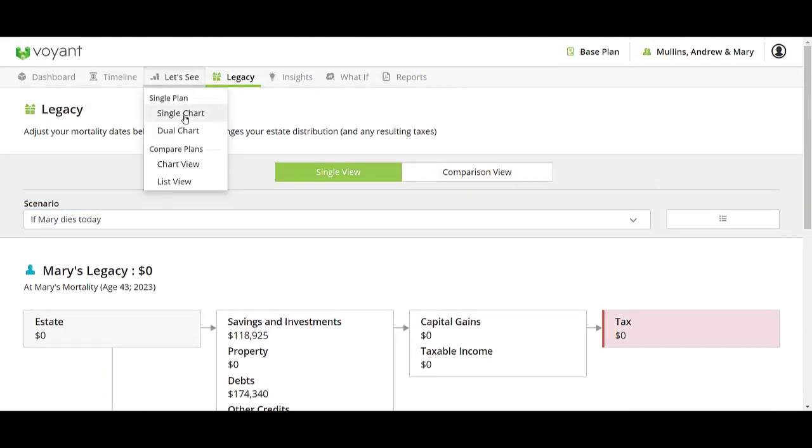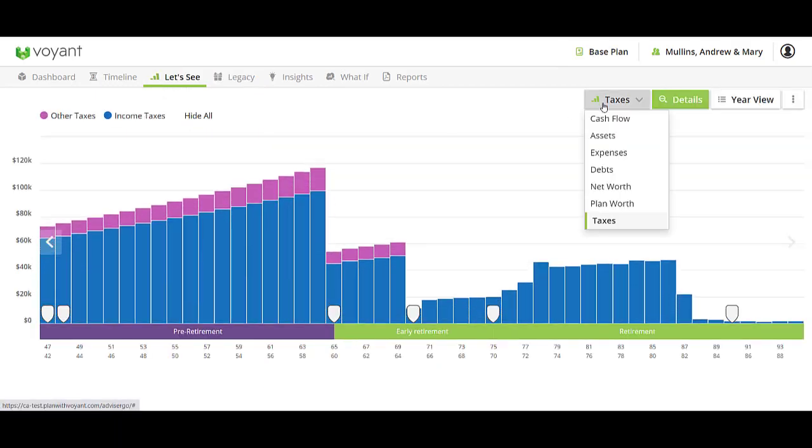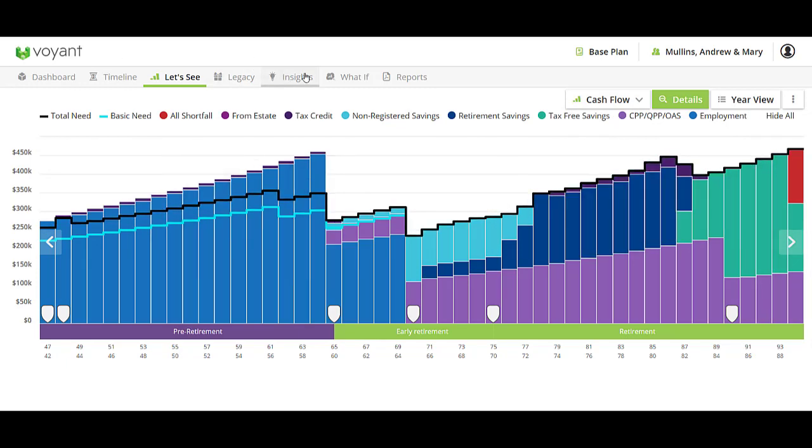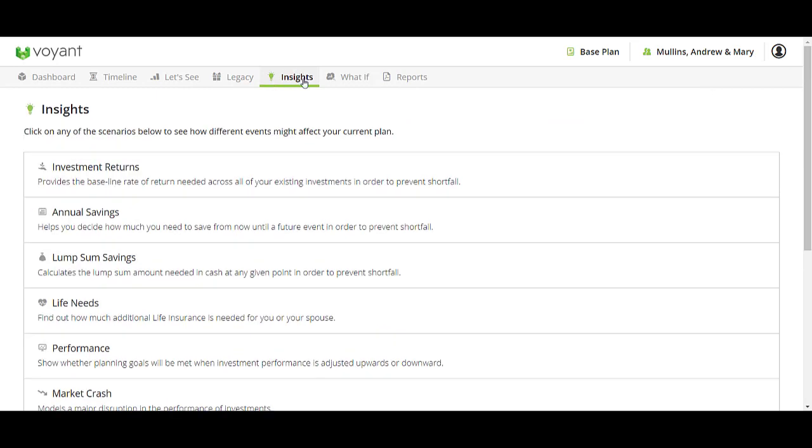Going back to our Let's See chart and cash flow, we can see that they are expecting a little bit of shortfall in that final year of the plan. Because of this, it might be helpful to run a couple of insights with them while they're in your office. You can take a look at some different strategies for reducing that shortfall that last year in retirement, whether it's